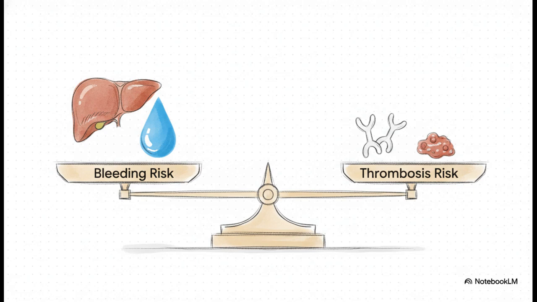This slide really summarizes the central conflict that defined the entire anesthetic. On one side of the tightrope, we had an immense risk of bleeding. This was driven by the portal hypertension, the massive surgical wound, dilutional coagulopathy, and the lack of liver-synthesized factors like factor V. We managed this with aggressive, targeted transfusions. But on the other side, we had an equally potent risk of thrombosis, driven by the patient's APS, her elevated factor VIII levels, and the surgical stasis. This was managed by a meticulous surgical technique, that crucial avoidance of CPB, and a carefully planned transition to lifelong anticoagulation. Literally, our every action had to be weighed against its potential to tip the patient toward either uncontrolled hemorrhage or a fatal graft thrombosis.